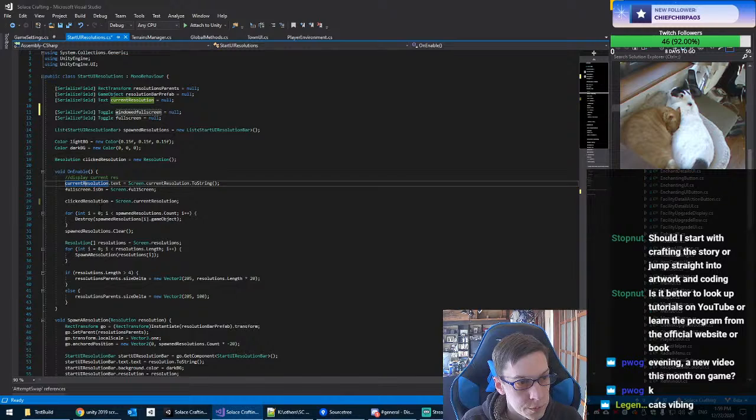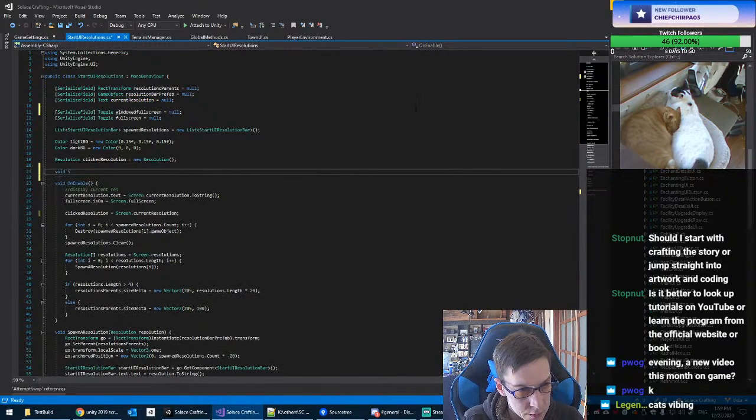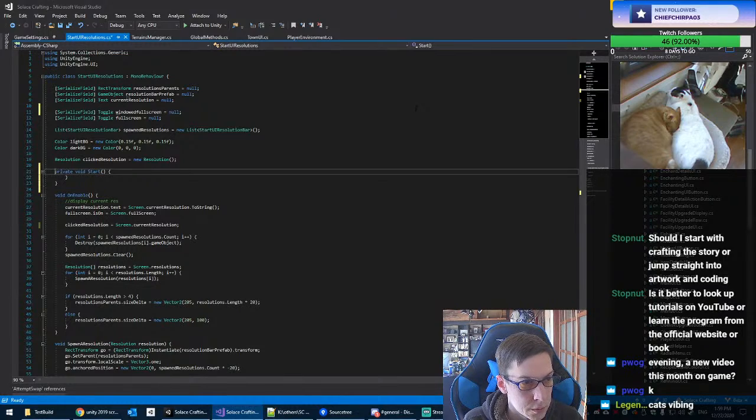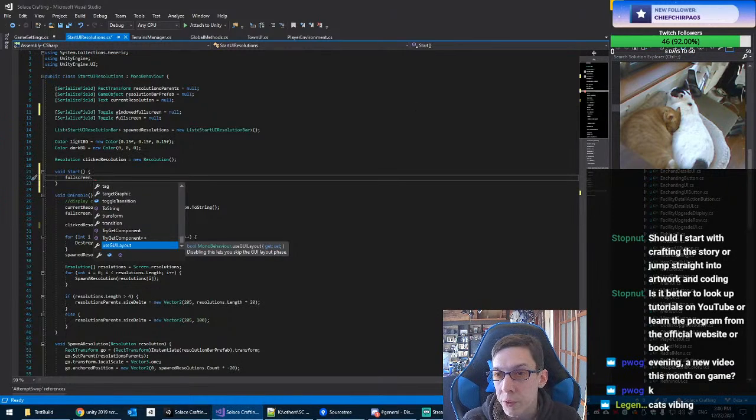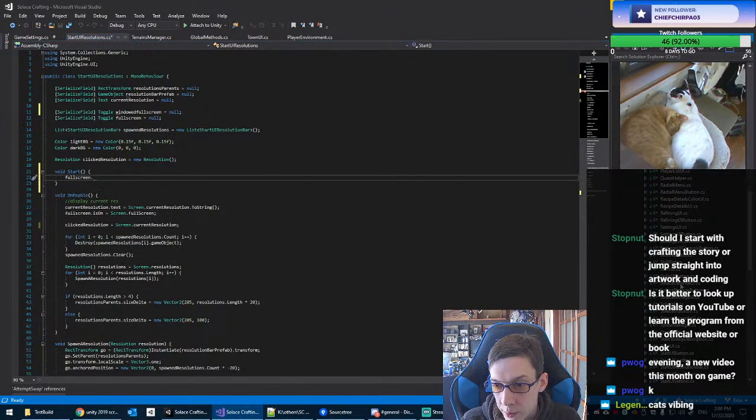You want to do void Start, full screen dot... I don't quite remember how to do this. I want to add a callback,